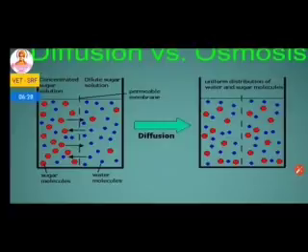What happens after diffusion is that the distribution of sugar molecules and water molecules is even. So now the solution has become equal. The concentration has become equalized. The distribution of sugar molecules and water molecules is even throughout the solution. This process is called diffusion.